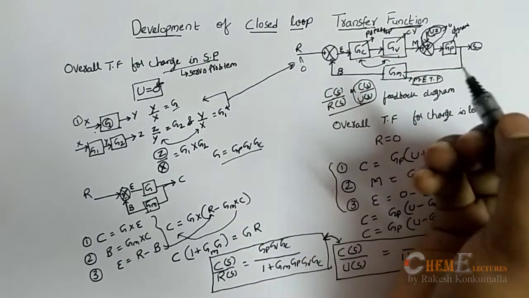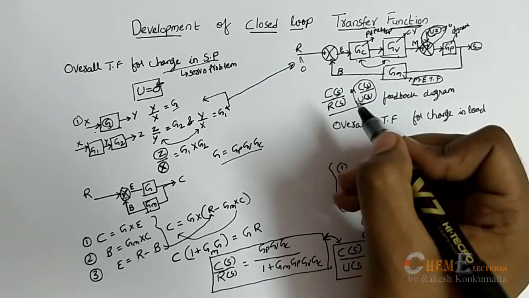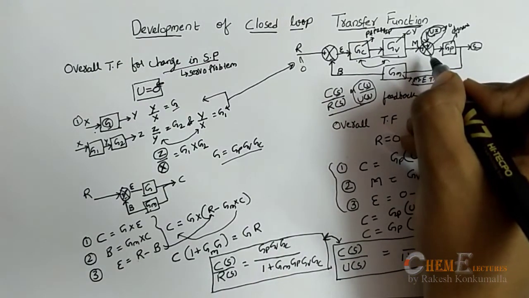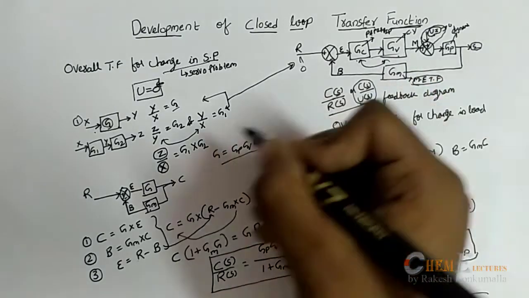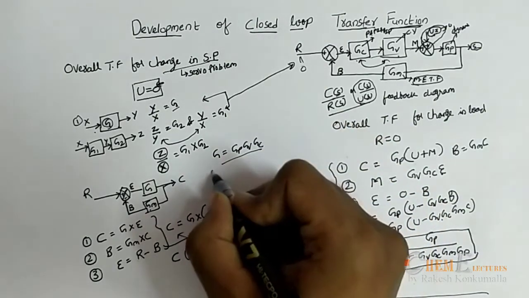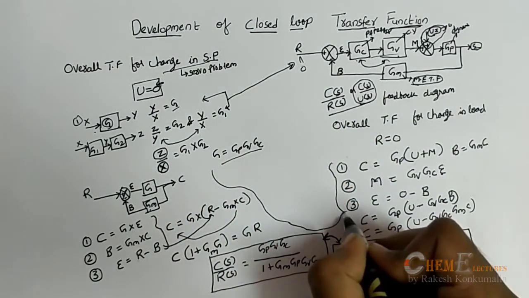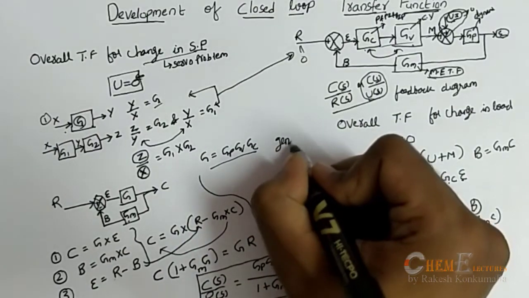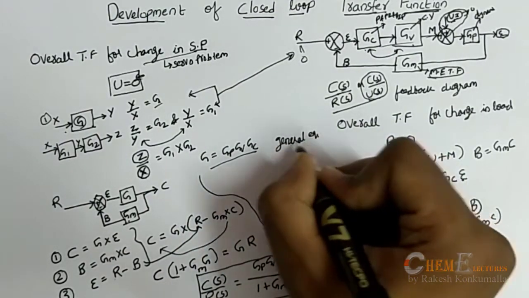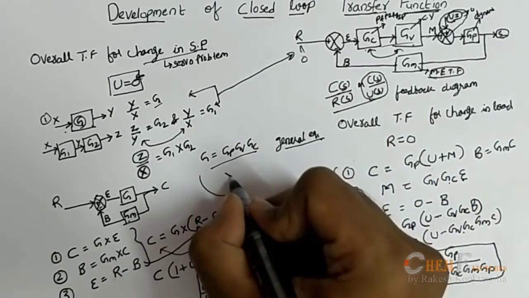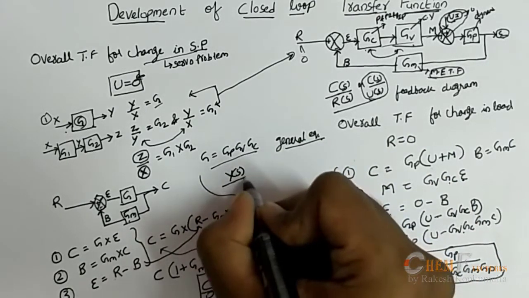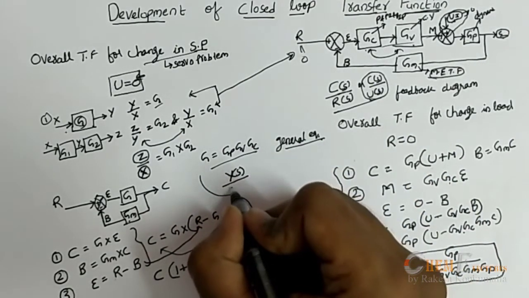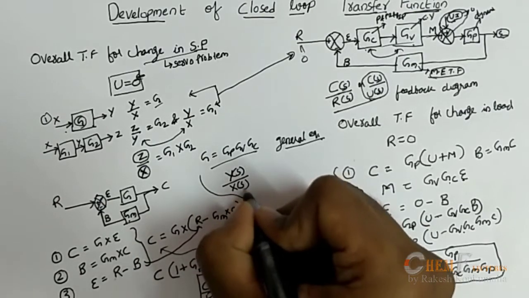Now we will generalize this equation, because every time this is a common feedback system loop, we will be using the same system every time. So every time we can't derive this much in the examination or in any competitive exam. So we'll generalize this equation. Now the general equation will be y of s, that is output deviation variable by input deviation variable x of s, is equal to